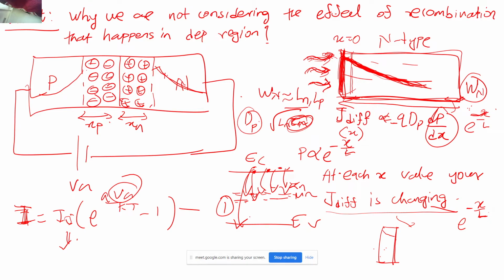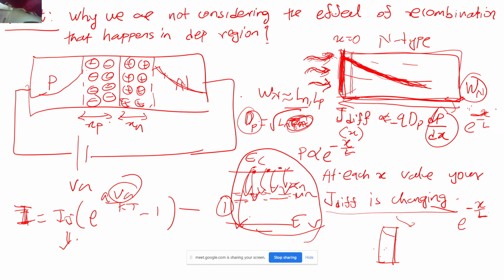So now what I was telling is that this tau n actually is the fundamental property of the material itself. Your diffusion current is not a fundamental property, your tau n is the fundamental property, correct? Now what I was telling you is about this diffusion coefficient. Now this guy told me that the diffusion coefficient is the root of Ln times tau n, right?